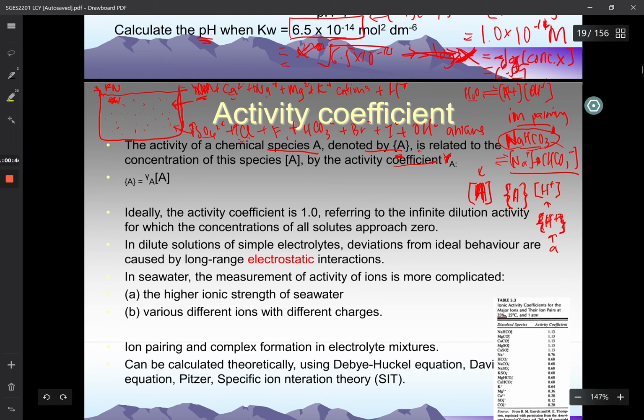You have what you call gamma of A. So the activity is denoted by the gamma, right? This gamma is the activity coefficient. Ideally the activity coefficient is 1, in an ideal solution. Ideal solutions mean